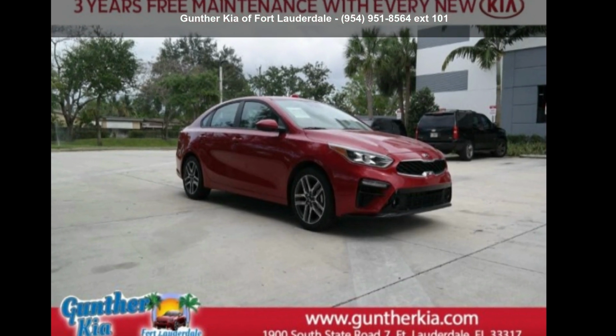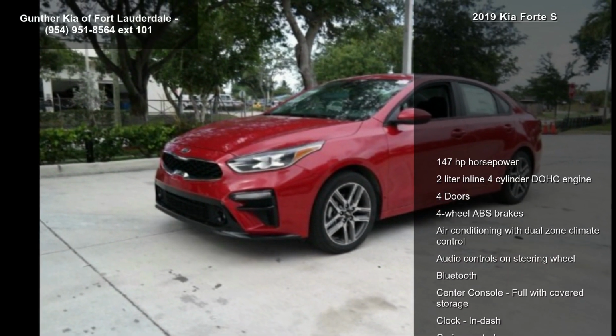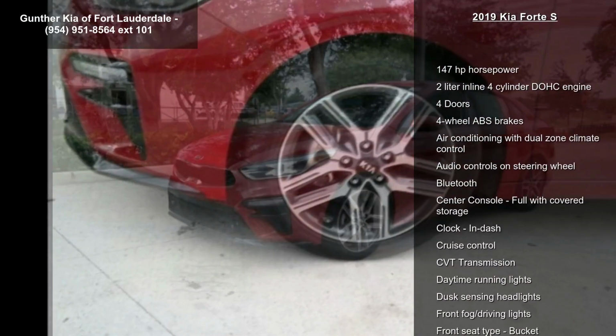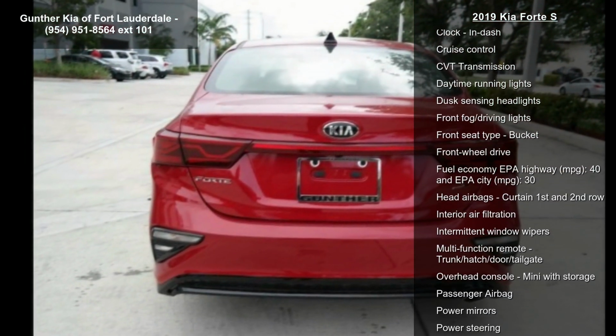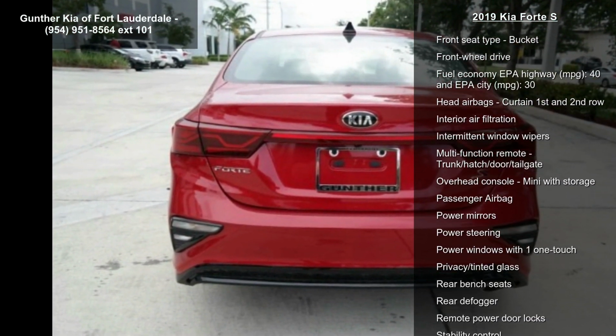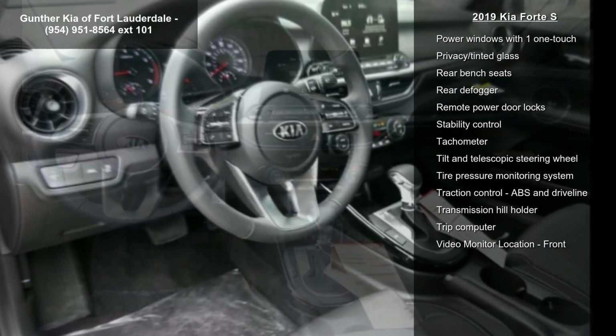Step into the Kia 2019 Forte S. If you are looking for an automobile with great features, look no further. Some of the top features included with this vehicle are 147 horsepower, 2-liter inline 4-cylinder DOHC engine, 4 doors, 4-wheel